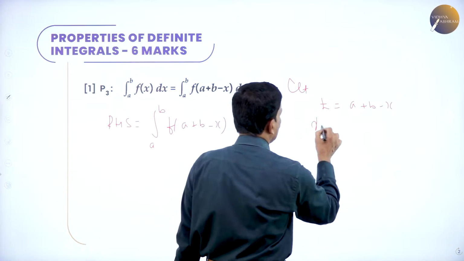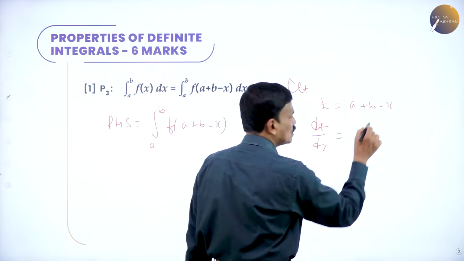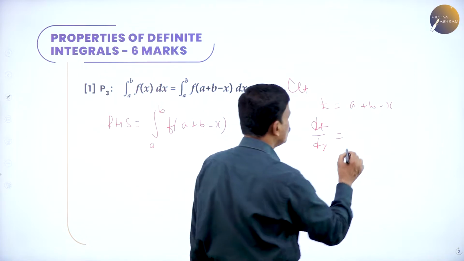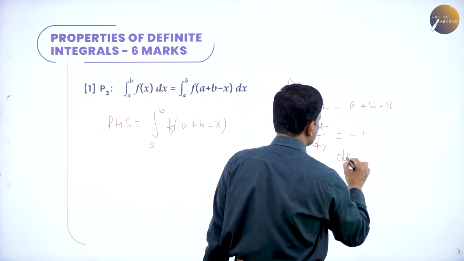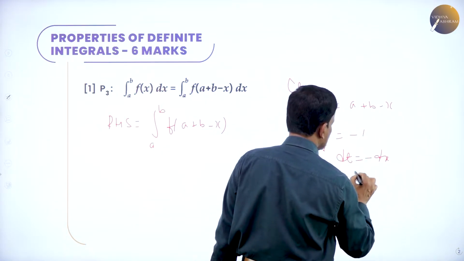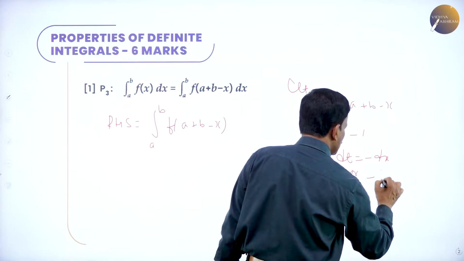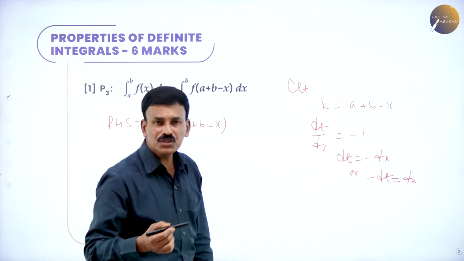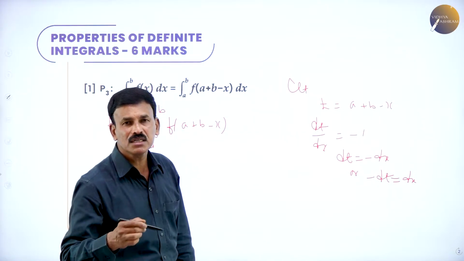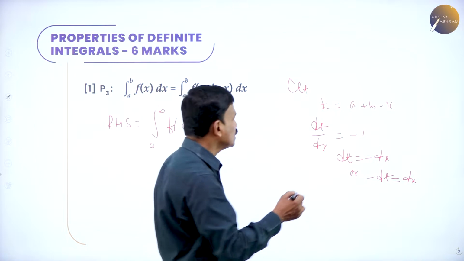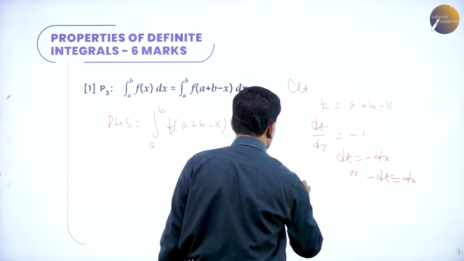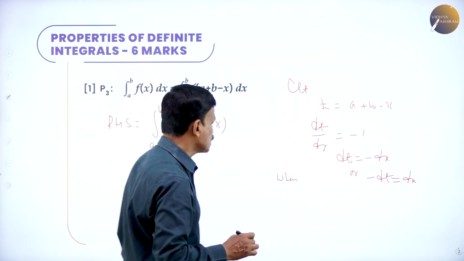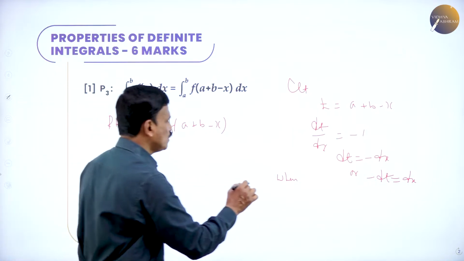Differentiate it. dt by dx is equal to differentiation of a constant, b constant, 0, differentiation of x is minus 1. dt is equal to minus dx, or minus dt can also be written as plus dx. Now, as you know, whenever the substitutions are taken, the value of limit also changes in definite integrals. Now, what is the substitution we have taken? t is equal to a plus b minus x. When x is equal to the lower limit a,